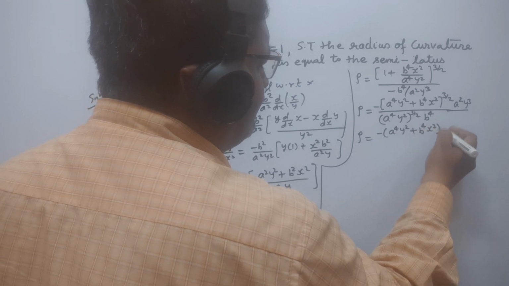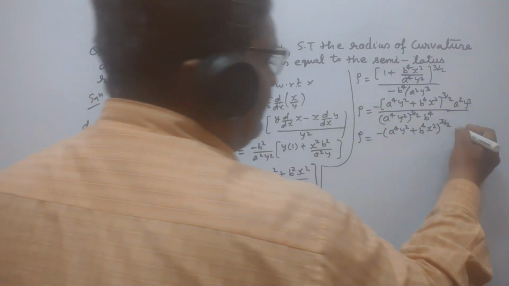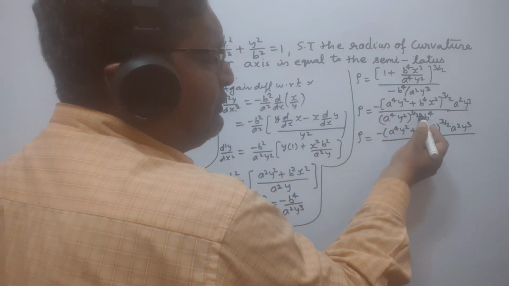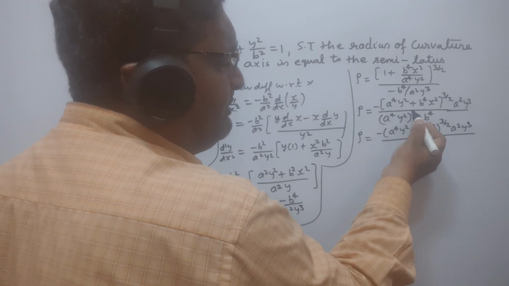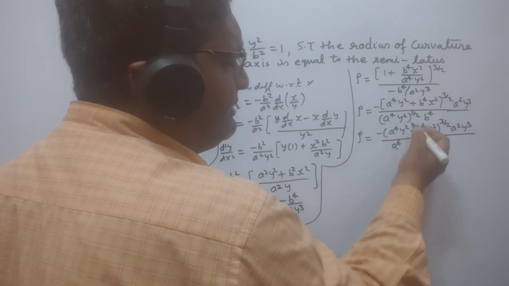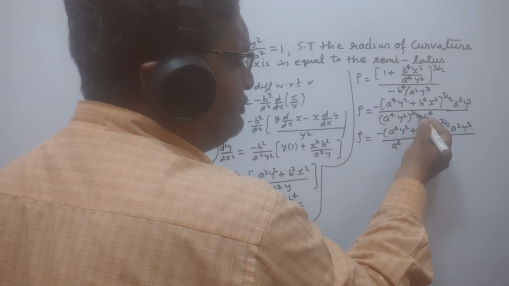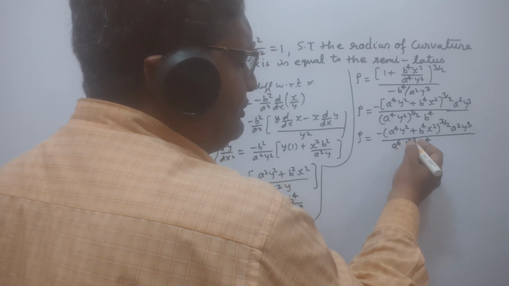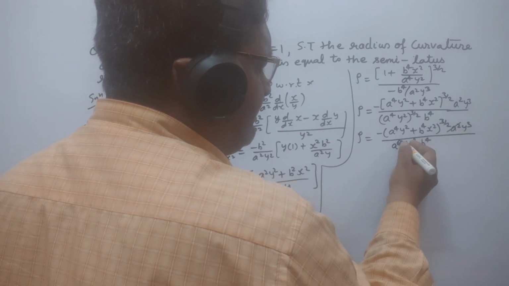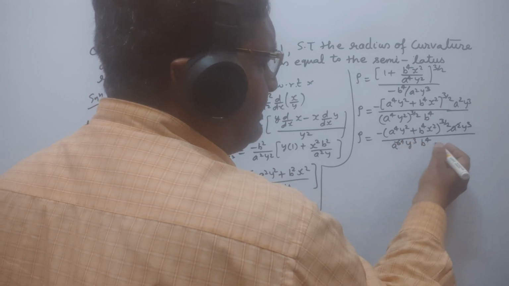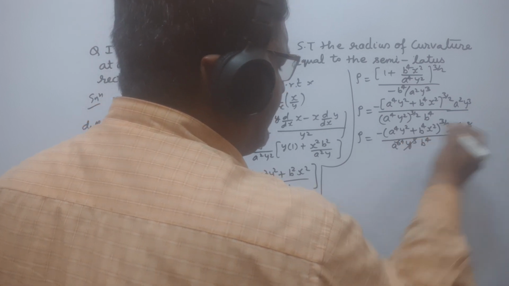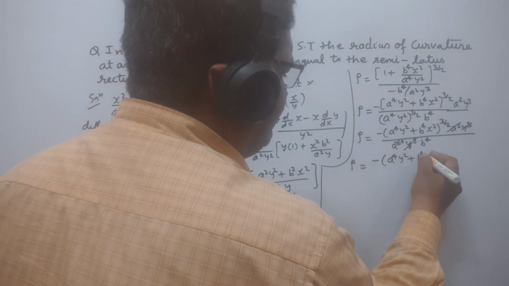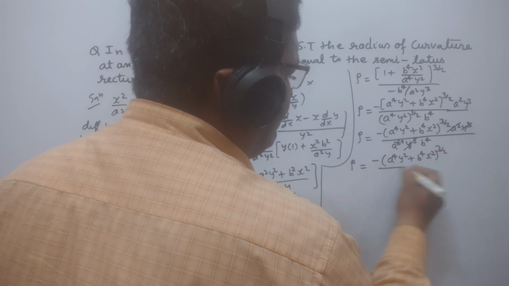Now this can be written as minus (a to the power 4 y square plus b to the power 4 x square) whole power 3 by 2, and this a square y cube, and here in the denominator this power 4 cancels by 2, to the 4 and 2 multiplied by 3, so here a to the power 6 and y square whole power 3 by 2, so this 2 is cancelled, so this is y cube, and here b to the power 4. So this a square cancels by this power 6 and we get here 4, and this y cube cancels by this y cube, so here we get minus a to the power 4 y square plus b to the power 4 x square whole power 3 by 2 divided by a to the power 4 y to the power 4.